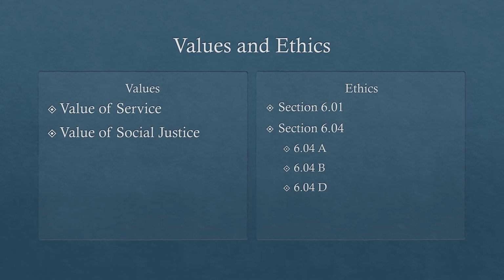The second value is social justice, and the NASW code says that social workers challenge social injustice. Social workers pursue social change, particularly with and on behalf of vulnerable and oppressed individuals and groups of people, which is obviously these children. Social workers' social change efforts are focused primarily on issues of poverty, unemployment, discrimination, and other forms of social injustice. These activities seek to promote sensitivity to and knowledge about oppression and cultural and ethnic diversity.